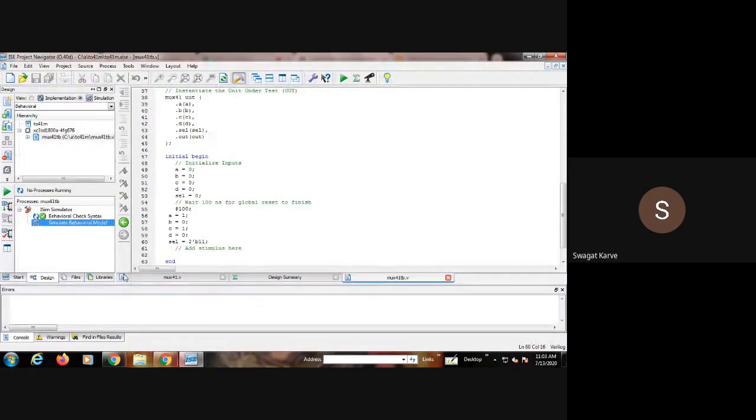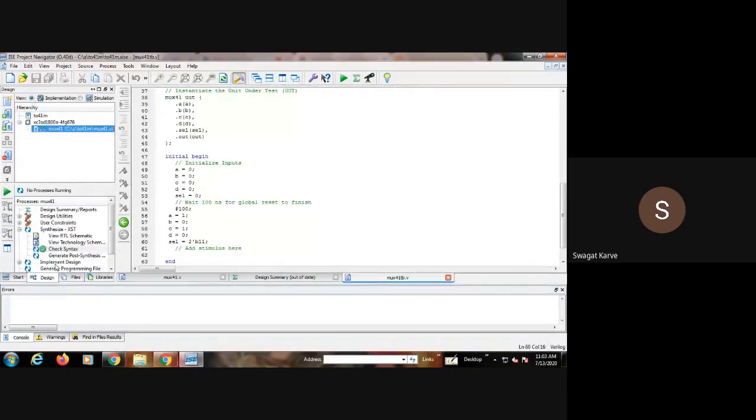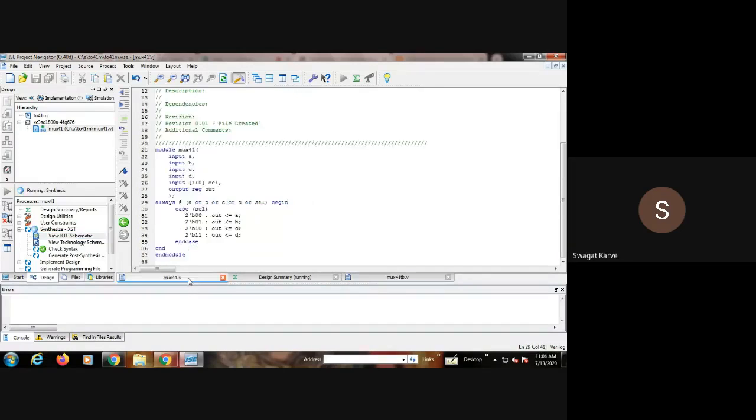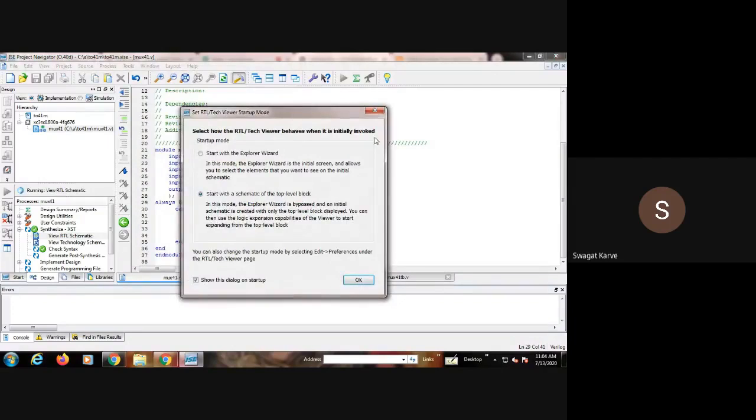Okay, now again here also, shift back to the implementation part, and you can also see the schematic design for the same. View RTL schematic. You are easily able to get the RTL schematic for this.